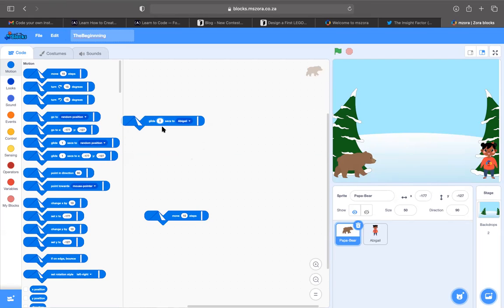Let's increase the time and say glide for 5 seconds to Abigail. And then when it gets to Abigail, it stops, all right? But we want to have it moving to Abigail. So we are going to say move 10 steps to Abigail.